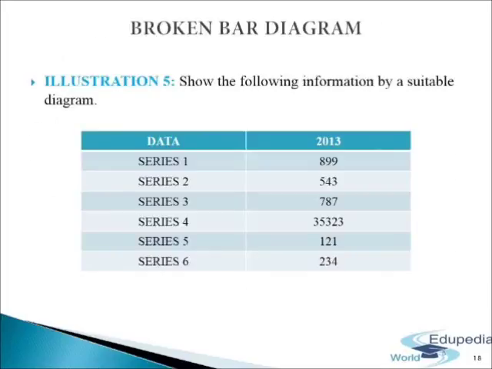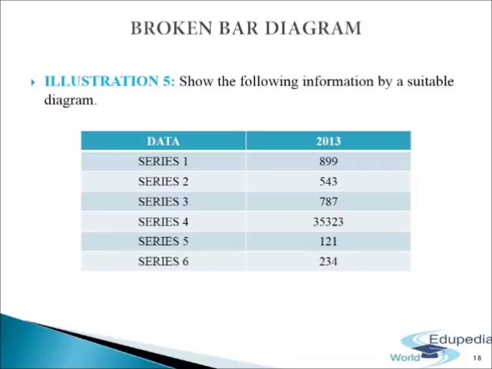Next, we come to broken bar diagram. This diagram is used when values of some variable is very high or low as compared to other values in the set. In this case, the bar with bigger terms or items may be shown broken because it is difficult to adjust the scale. The value of each bar is mentioned on the top of the bar to express clearly the magnitude of the variable. This we can understand with the help of a following illustration.